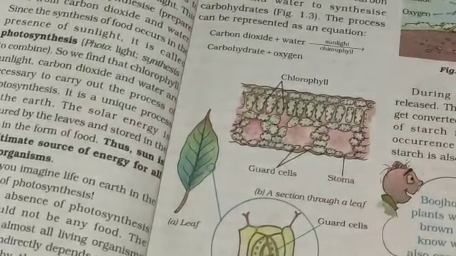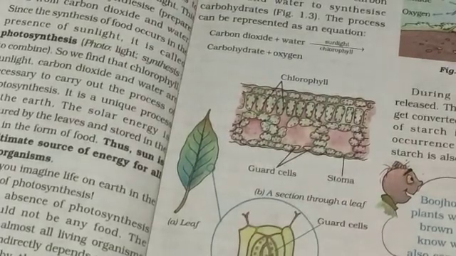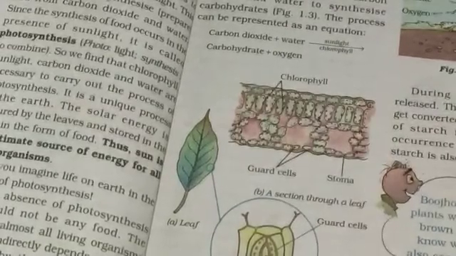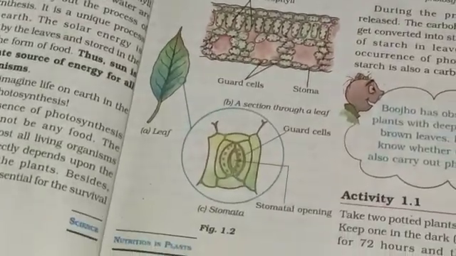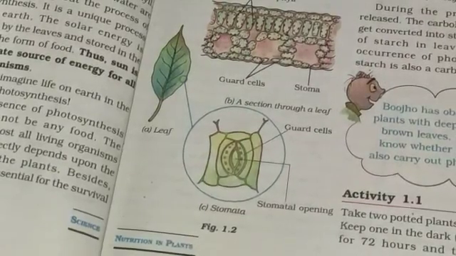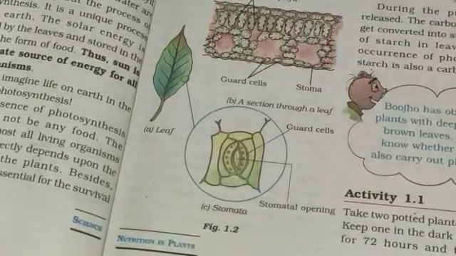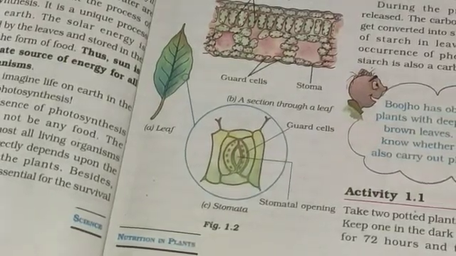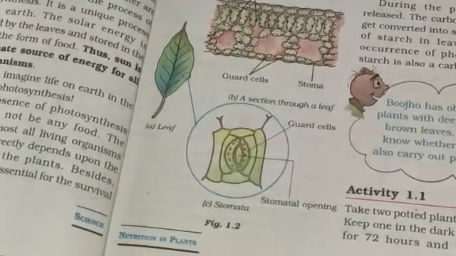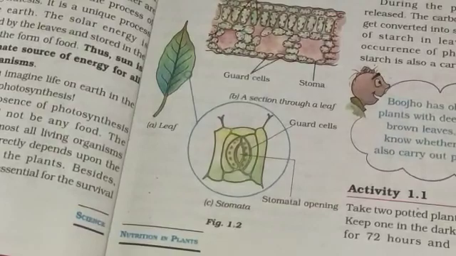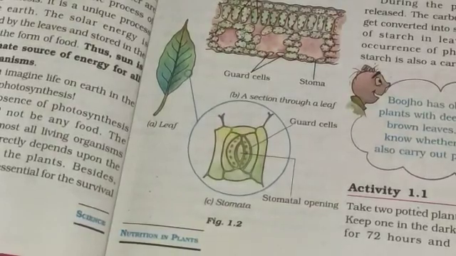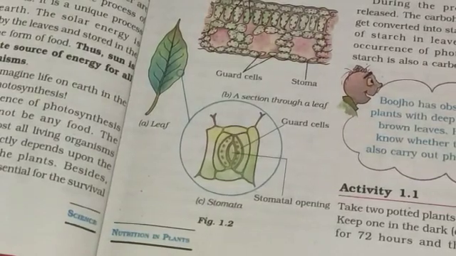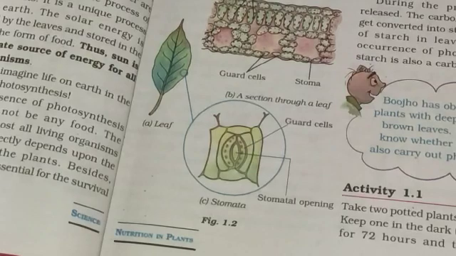These guard cells surround the stoma, a pore, and this stoma or pore is actually the complete structure of the stomata. Stomata is surrounded by the bean-shaped guard cells, and subsidiary cells are around it. This is the pore present in the leaf, just as we have the nose and nasal chambers. In a similar manner, leaves also have stomata, and these stomata release oxygen and take carbon dioxide from the atmosphere.